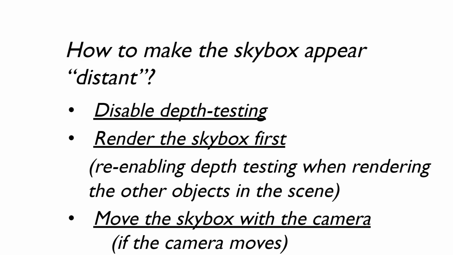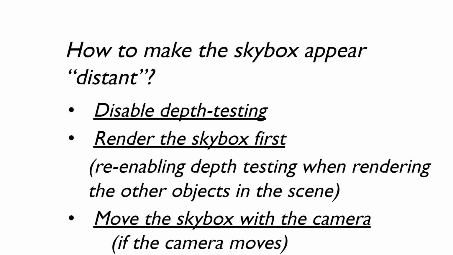So the first shader and the first piece of displaying the skybox, generally we're going to display the skybox first. Right? Nothing's in the scene yet. We want the sky to be in the back, so it makes sense for it to be first. And before we render that, we disable depth testing so that we don't occlude ourselves. We're basically saying, all right, we're in the middle, so whatever we see, we see. Right? Disable depth testing. Render the skybox first.